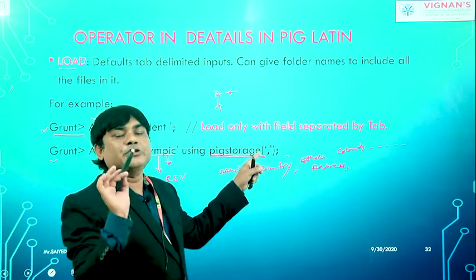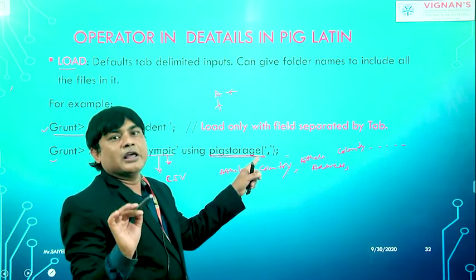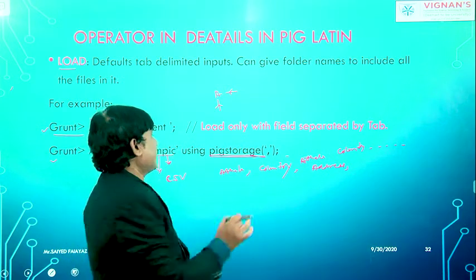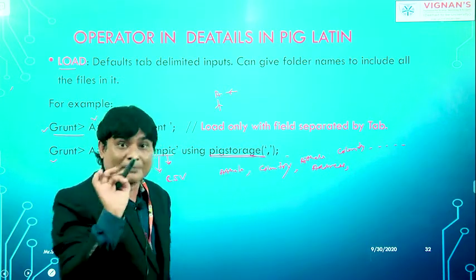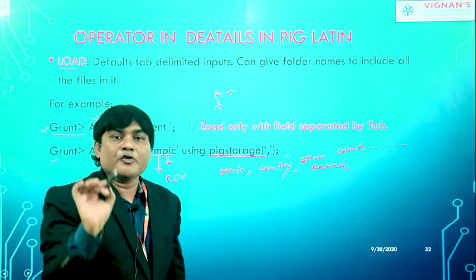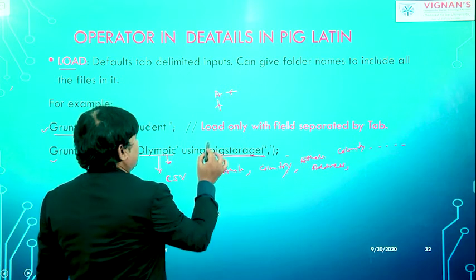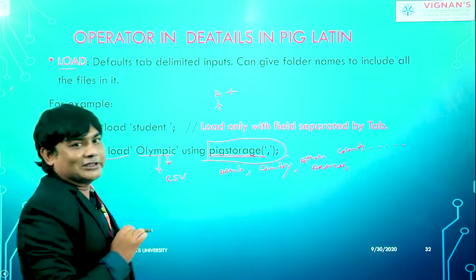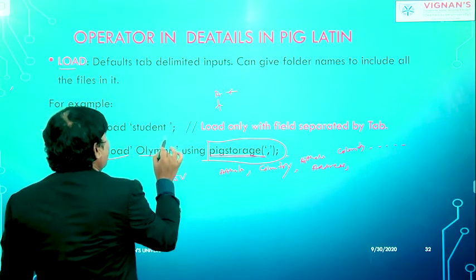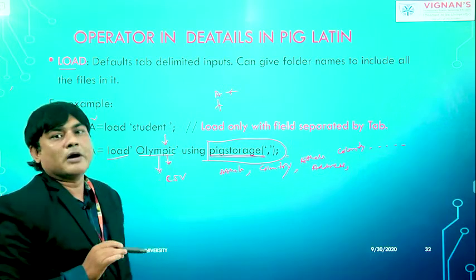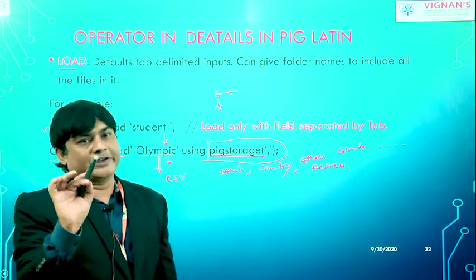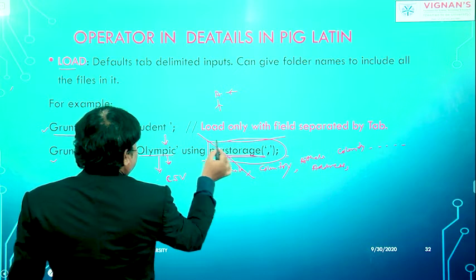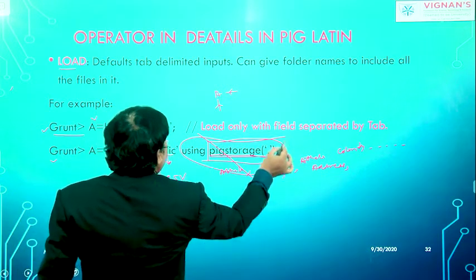It means you are telling Pig that I have a file, and inside this file all the fields are separated by the comma only. For that purpose, we must indicate this syntax, which is called PigStorage. So by understanding this, we can know that this file is in the form of comma separated values. Suppose I am not using this syntax, let me take an instance. Then what does it mean?